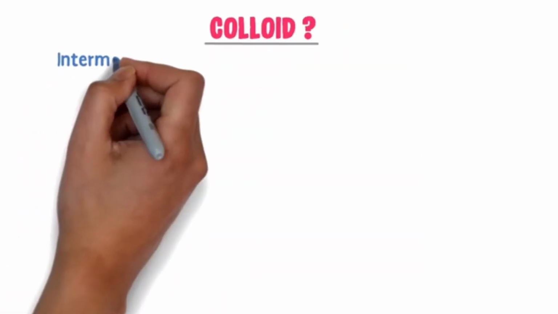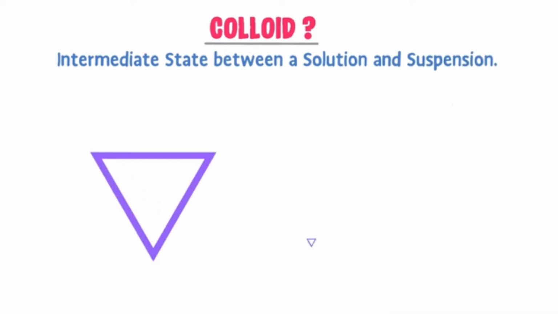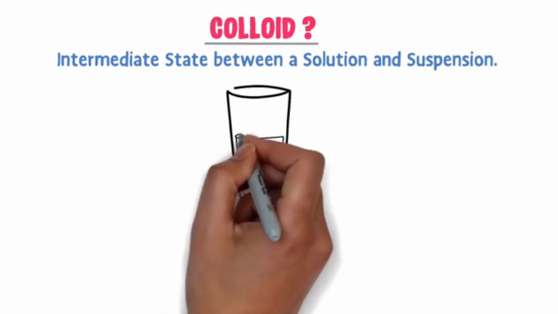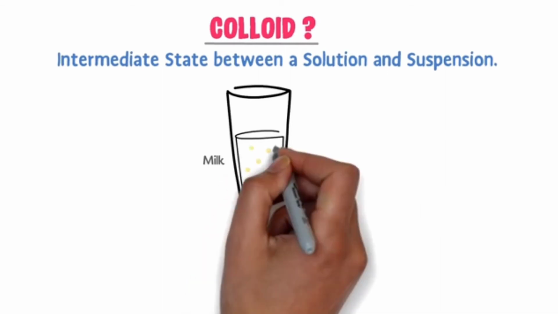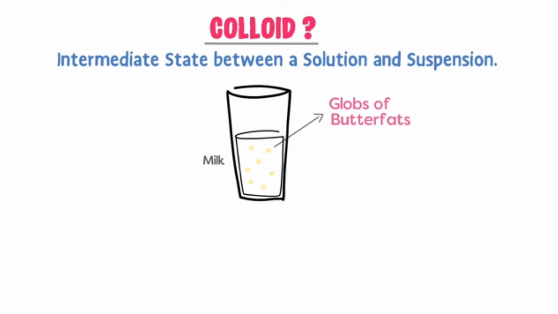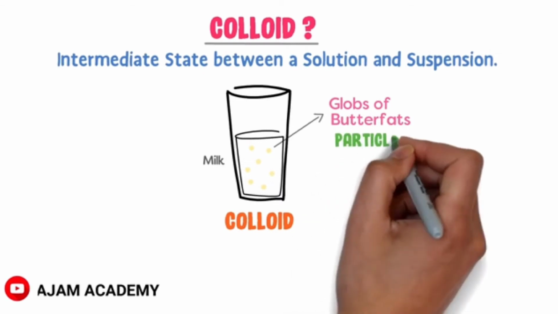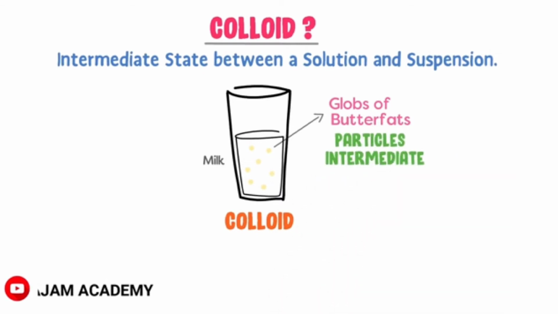A colloid is an intermediate state between a solution and suspension. For example, consider some milk. We know that milk contains globules of butter fat suspended throughout the liquid. So milk is a colloid because the particles of milk are intermediate in size between those of a solution and suspension. Even if a colloid or milk is allowed to stand for some time, the particles of colloid or milk